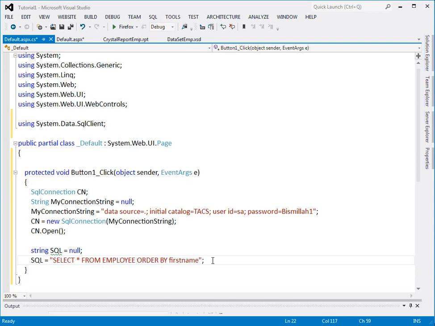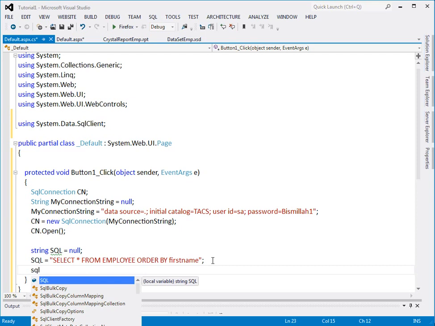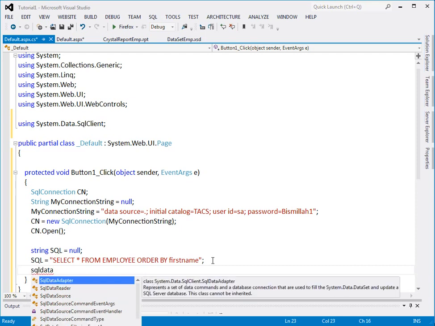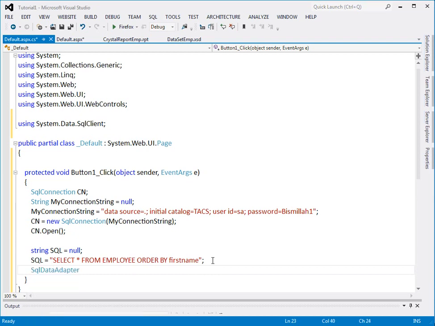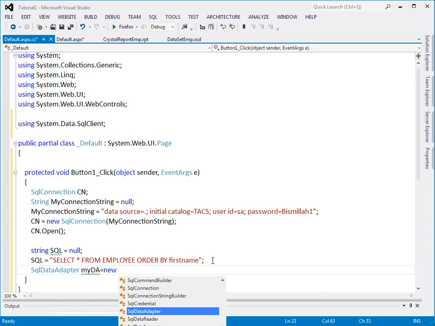Next, SQL Data adapter, and the variable name should be something meaningful like my DA, means my data adapter, and the new instance of